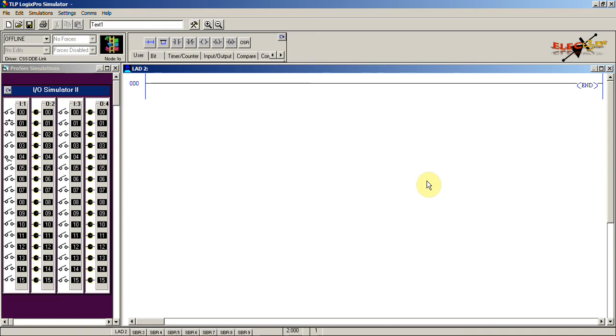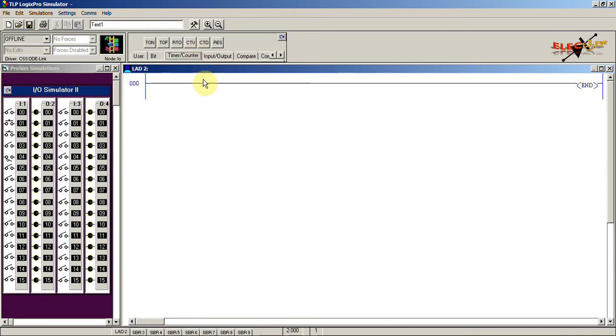Here we will see the counter instruction operation of an SLC 500 PLC. With the simulator, we're going to see how this counter instruction can be used to do PLC ladder programming. The counter instruction can be found under this timer or counter tab, where we have basically two types of counters.